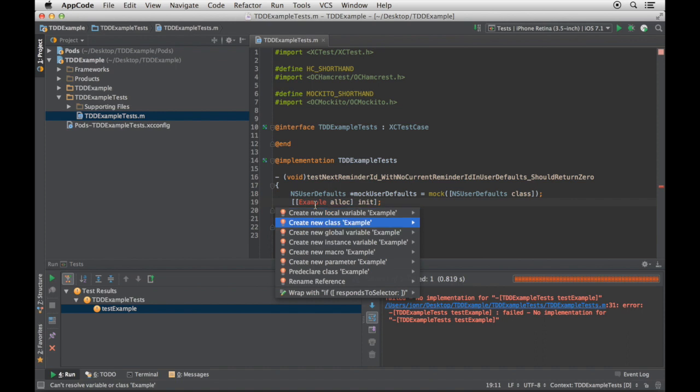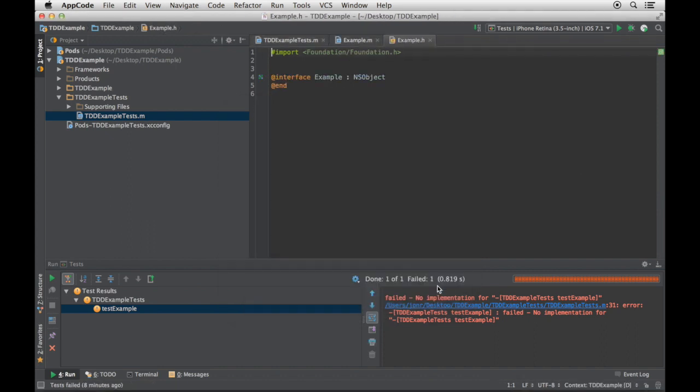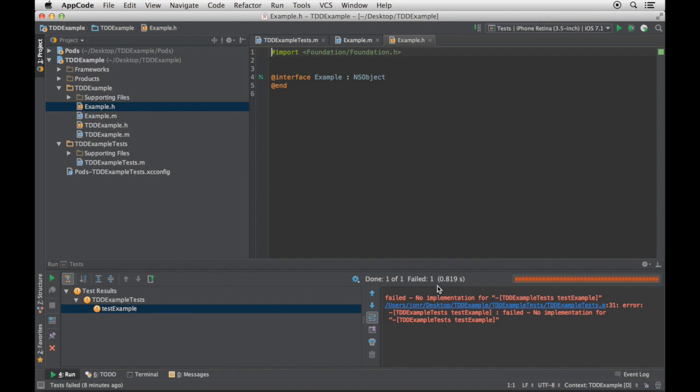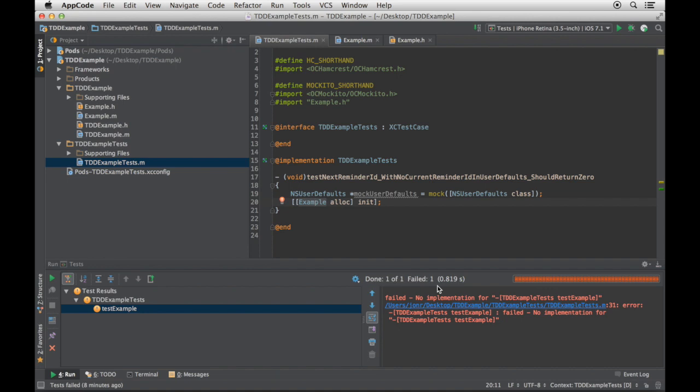Now this is an example of how with AppCode you think more in terms of semantics and not so much in terms of typing. So I'm going to say I want a new class, and it's going to ask me some questions about this, like which group it belongs in, and target, yeah, and I'll say okay, and there, it's made it. I hit Command Tab to switch between my open files, and you see it's quite happy.